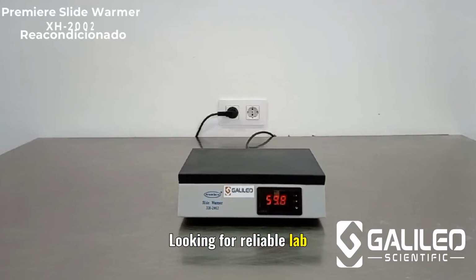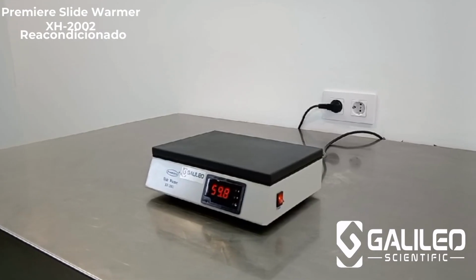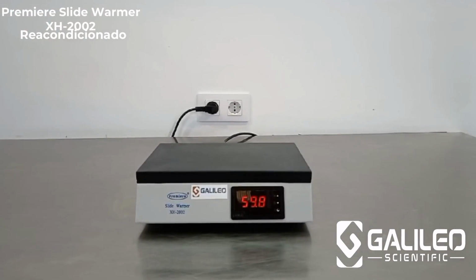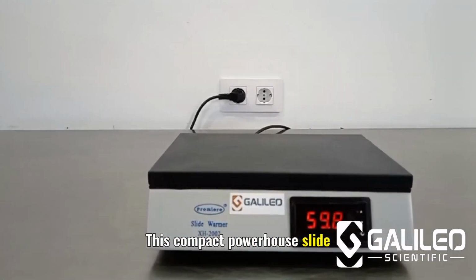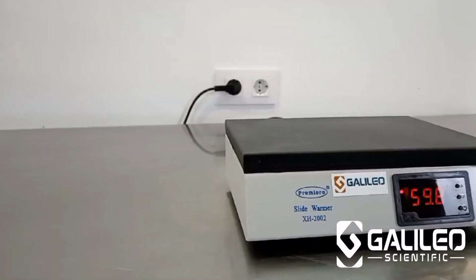Looking for reliable lab equipment without breaking the budget? Meet the refurbished Premier Slide Warmer XH-2002 from Galileo Scientific. This compact, powerhouse slide warmer features a 10 by 7 inch black anodized surface, perfect for